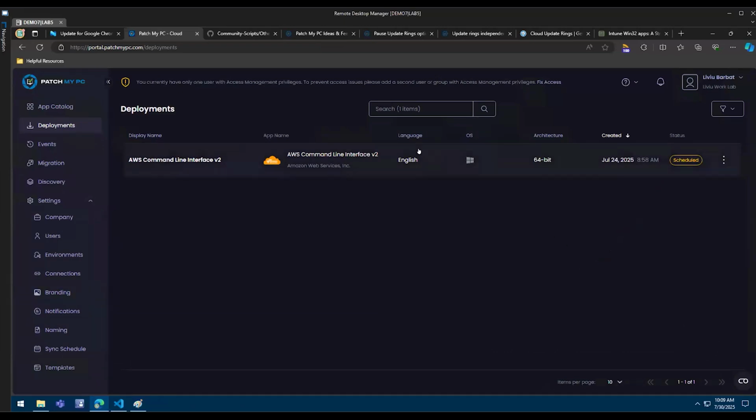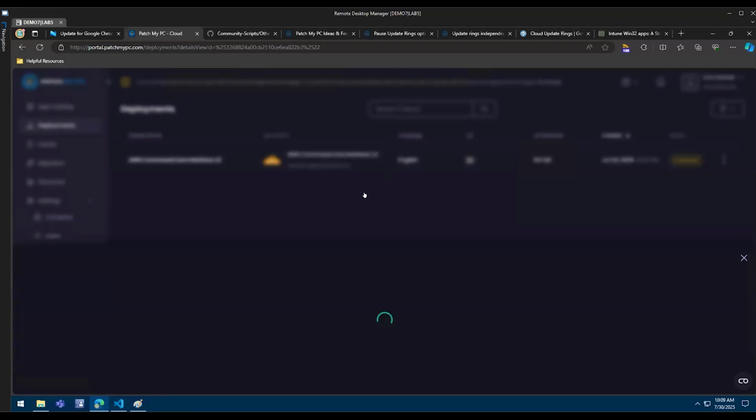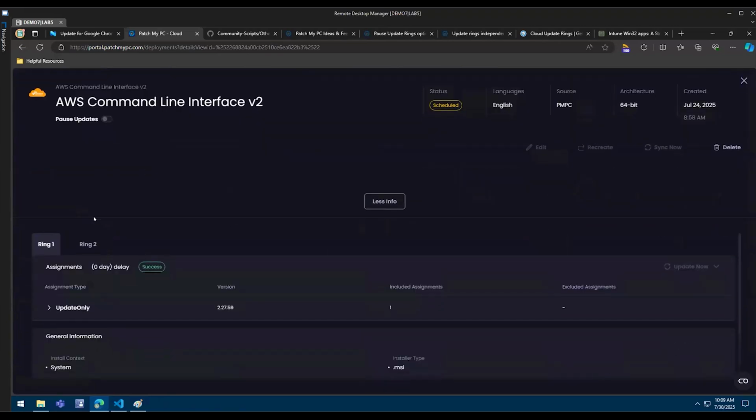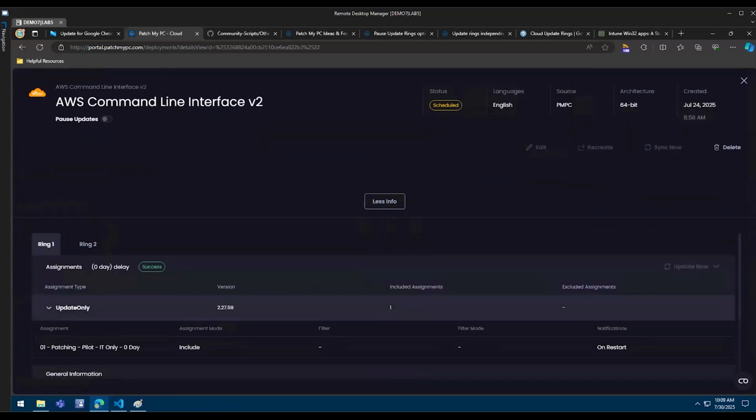And if I click on it to learn more information about this particular deployment, I click more info, I can see I have ring 1 configured right here, and it has an assignment to my IT devices. We can see the status for this equals success. It has a 0 days delay, so it was created immediately. But then we also have ring 2, which should go to all devices, and that should be created only when this deployment,